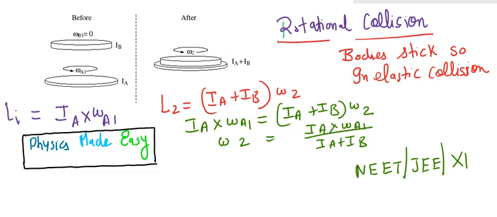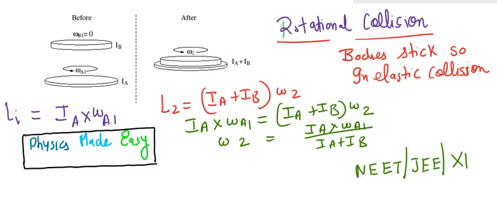Now, if you see on the left hand side, the initial angular momentum is only because of the disk A and is given by I into omega. And since there is no external torque, the total angular momentum has to remain conserved. So the new angular momentum